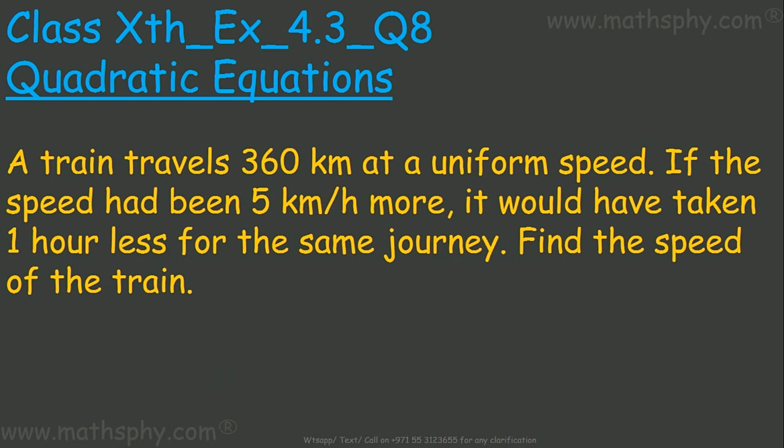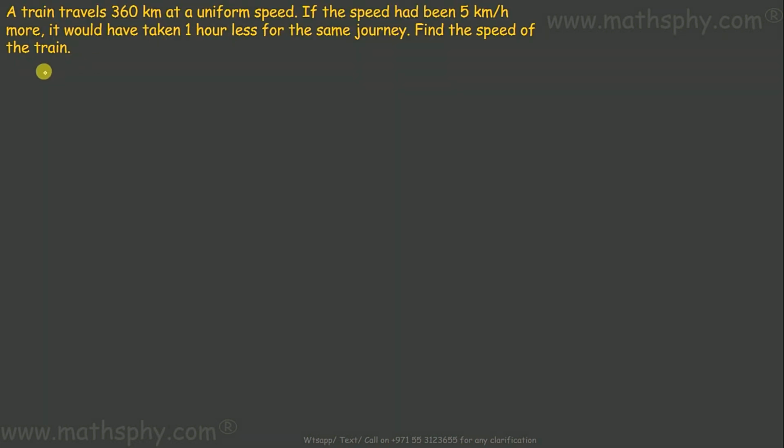This question here says, a train travels 360 kilometers at a uniform speed. If the speed had been 5 kilometers per hour more, the train would have taken 1 hour less for the same journey, which is 360 kilometers. Find the speed of the train. Let's take the uniform speed, I'll say, suppose the speed is x kilometers per hour. If the train travels at x kilometers per hour,